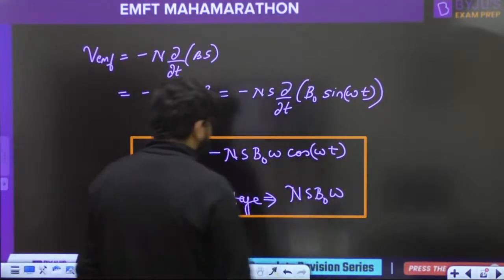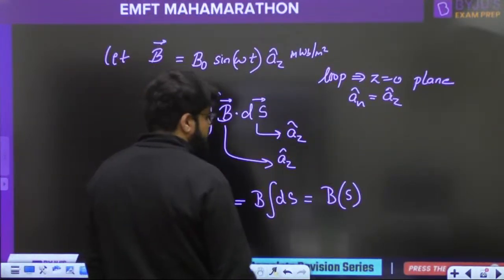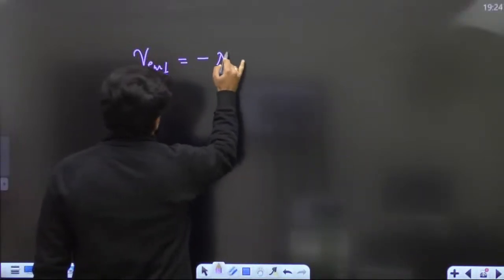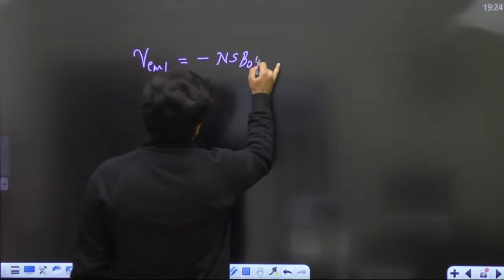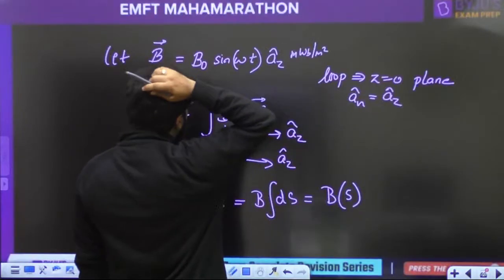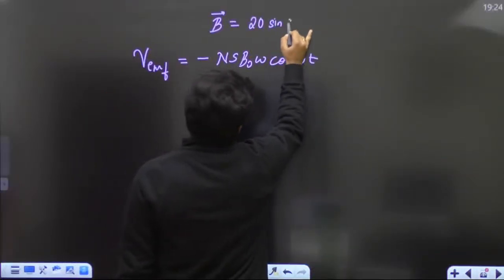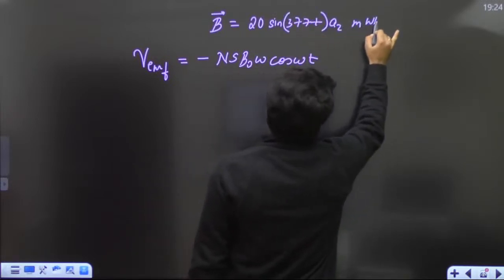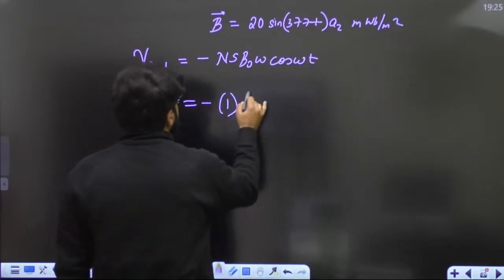Let's come back to the question. What is the induced EMF here? It is minus nS B naught omega cos omega t. Now let's put in the values. B is given as 20 sine 377t milliweber per square meter. How many turns? 1 turn. Surface area,